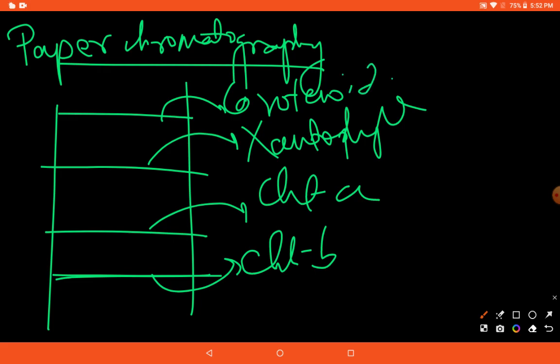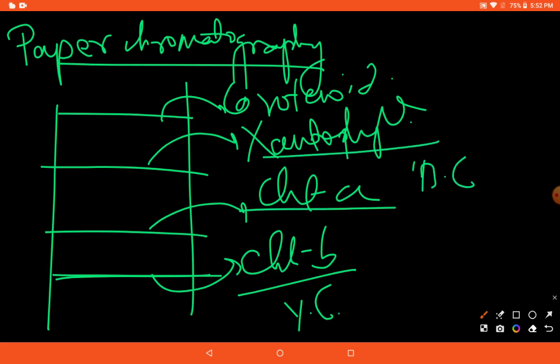Now see, chlorophyll B, what's the color I told you? Yellowish green. Chlorophyll A, bluish green. Xanthophyll, yellow. Carotene, yellowish orange. So at the very bottom you will find chlorophyll B, then chlorophyll A, then xanthophyll, then carotene. Clear? Now, let us come to photosystem. Photosystem is important to learn before coming to light reaction and dark reaction. Photosystems is also called quantosome.